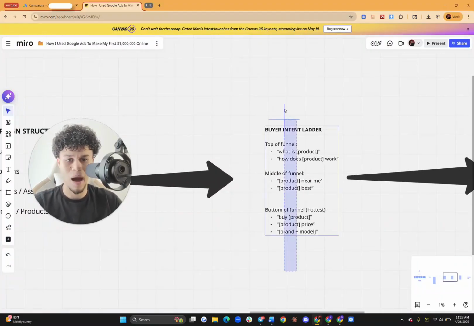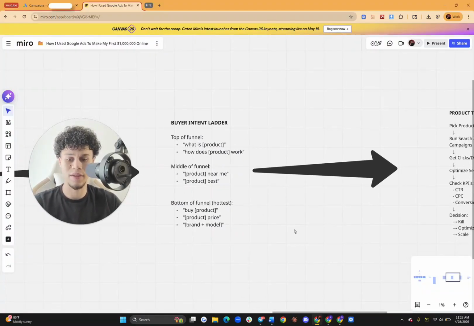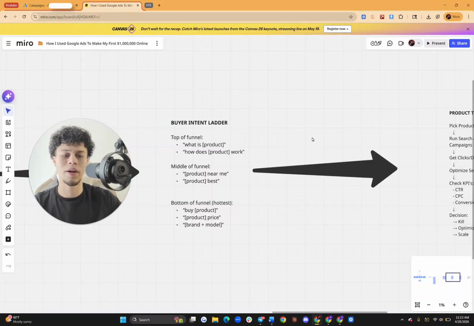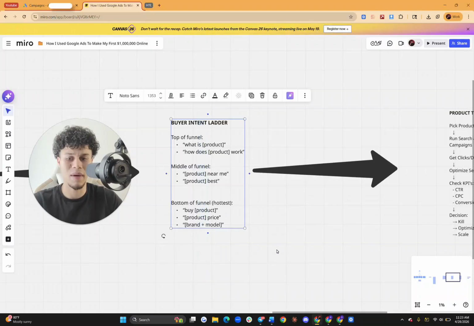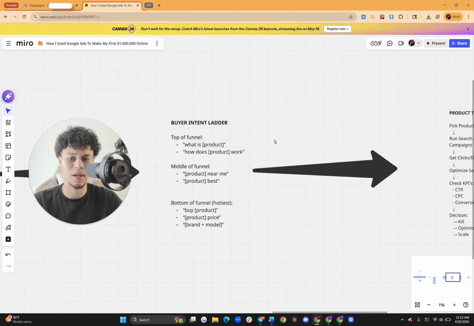Now, the buyer intent ladder. You guys should all understand this because your goal should be to get to here, okay? You guys typically are advertising to top of funnel, especially if you're using TikTok ads and Meta ads. All right, you're not really advertising to people who want your product specifically, okay? And of course, Google is what allows us to get directly to middle of funnel and bottom of funnel. But again, this is the buyer intent ladder. People at the top of funnel typically don't cost a lot of money to get to, okay? But the thing is, it comes with a very big lack of intention. They don't know what they want. They're likely not going to purchase.